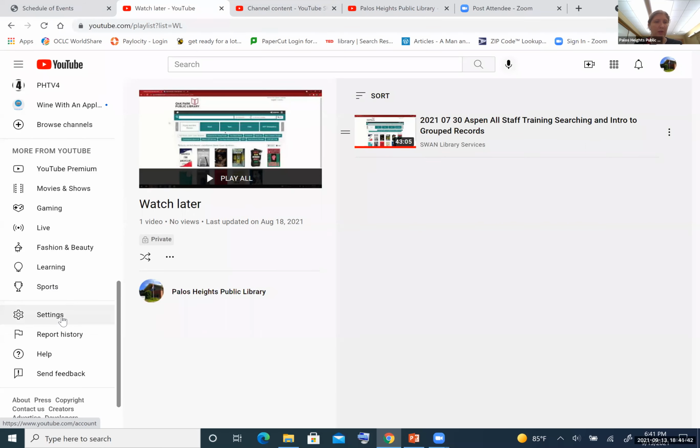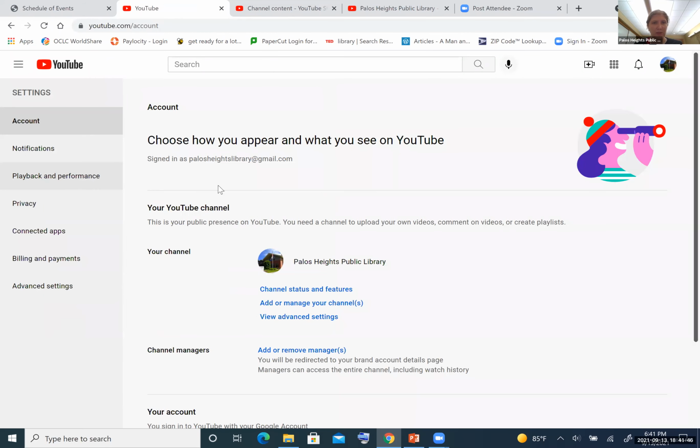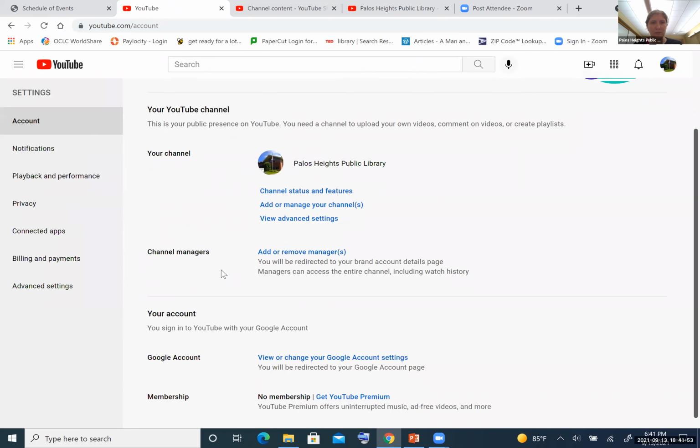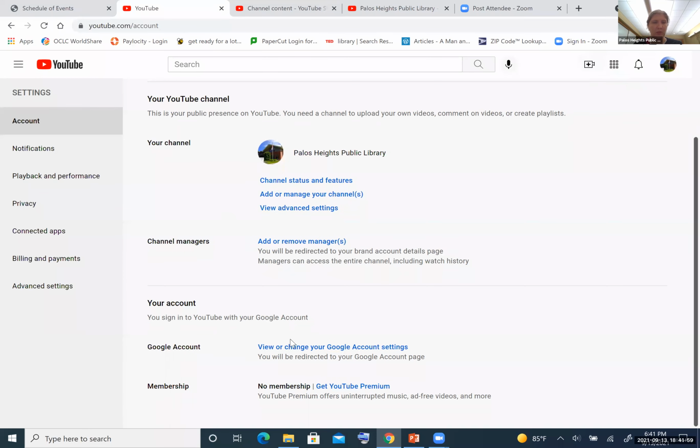And then underneath that is the settings. This is where you can go into the account settings, so you can manage your channel from here. If you want, you can also manage your Google account from here. And here you can see whether you have YouTube Premium or not.